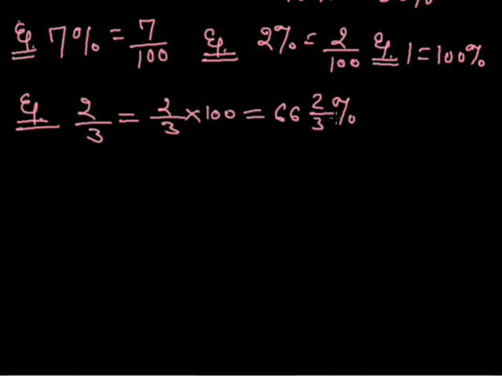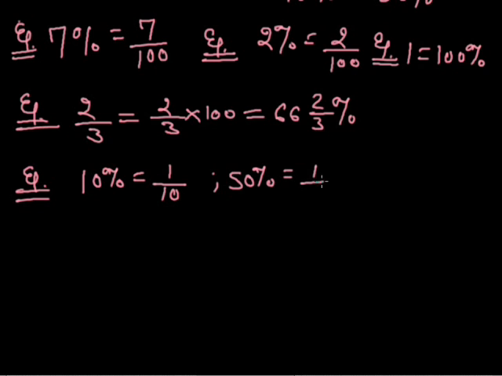Now next, sometimes you have to convert the percentage into fraction, or fraction into percentage, or fraction to decimal, or decimal into percentage, or percentage into decimal. So let us take some examples. If we have to convert 10% into fraction, then I'll say 10% is equal to 1 upon 10. If I am saying 50%, by 50% I mean 50 out of 100, that means 1 out of 2 or half. If I am saying 33 and 1 by 3%, that means 33 and 1 by 3 out of 100, that means 1 upon 3.